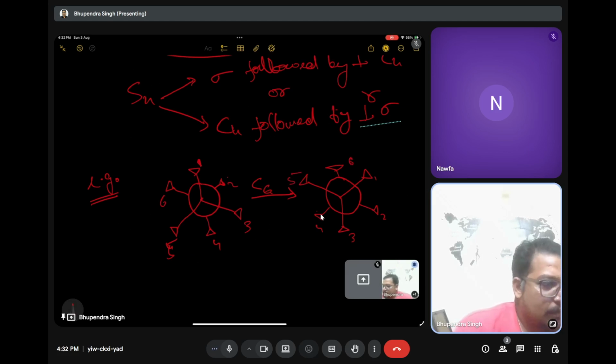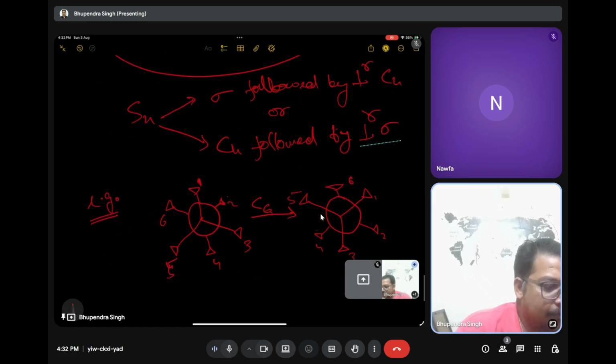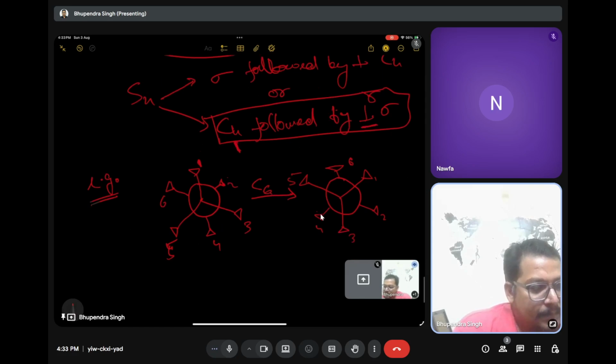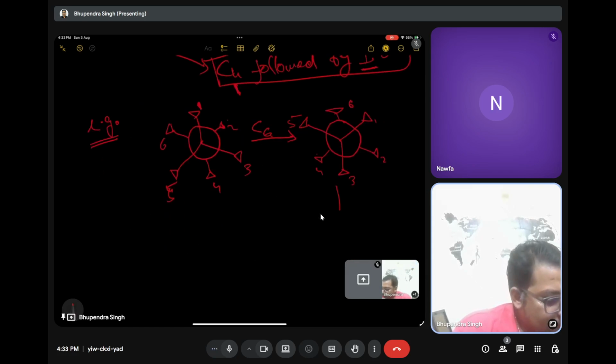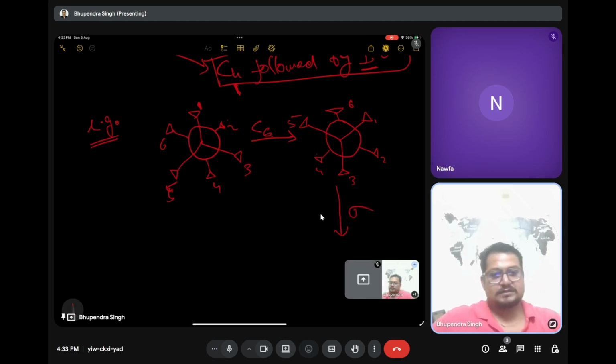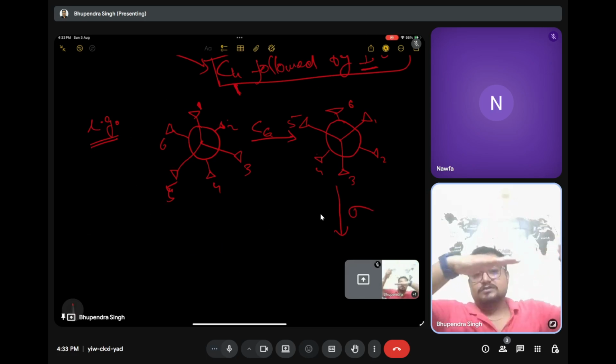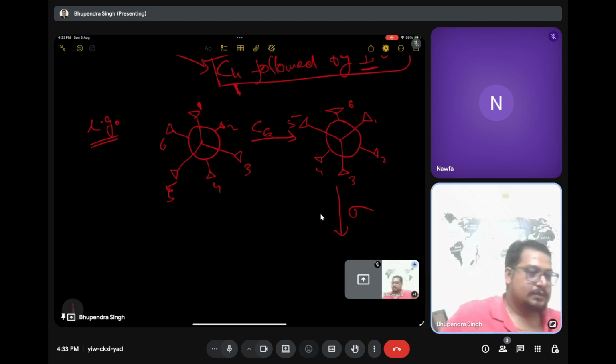And then I have applied this. I am following this one right now. So the Cn axis of symmetry I have already applied, followed by the perpendicular plane of symmetry, sigma. So this was C6, this is C6. So this is your plane now, sigma. So this is your plane here. If you apply sigma here, like this,